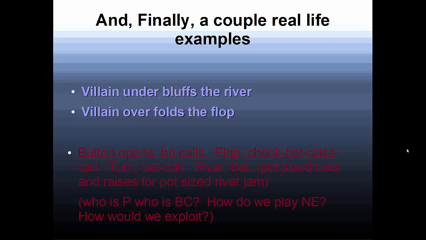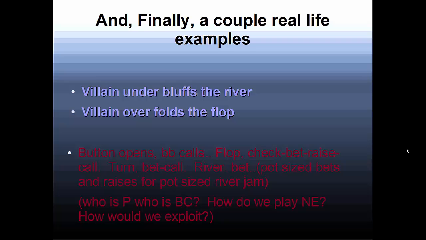You should fold them all. I mean, a polarized range effectively turns all of your bluff catchers into the same hand. A lot of times, if a player takes a range capping line, his opponent can polarize their range in a way that turns all of their hands, all of the bluff catchers, into the same hand, and then they can